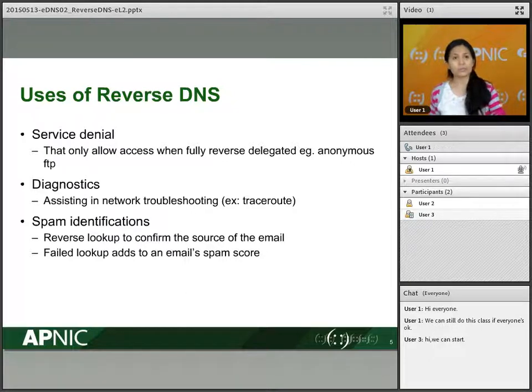If it results in a failed lookup, then it affects the email's spam score. So that is usually where it is very useful. So make sure that if you are operating a mail server, then you make sure that you have your proper reverse